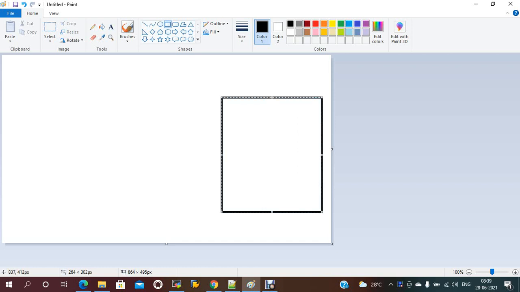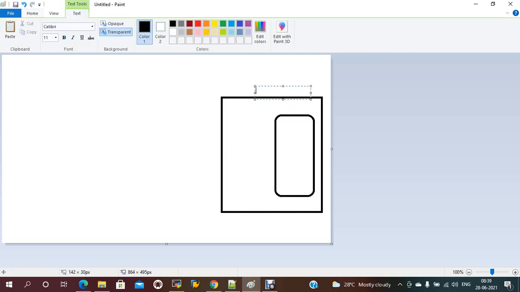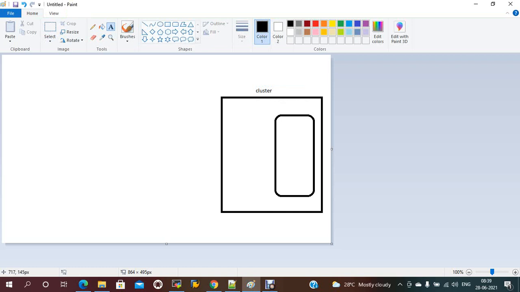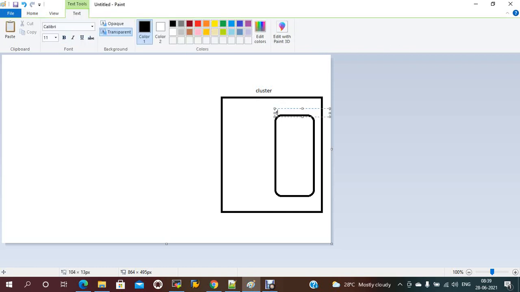First, what we need to do is create a deployment. So this is the cluster. Under the cluster we have deployments. We will write deployment files.